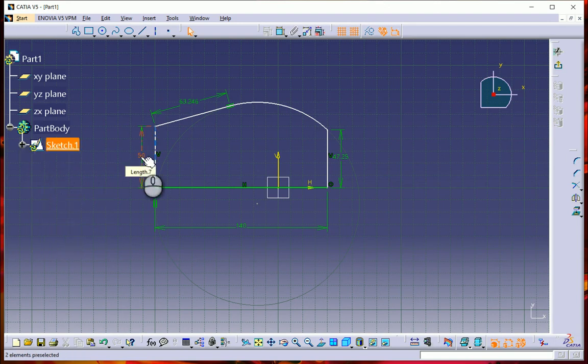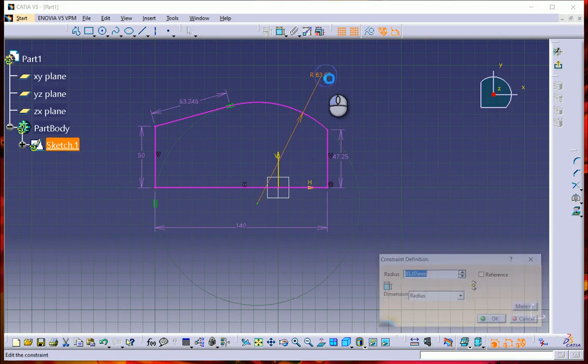So again, I have taken the constraint. If I select this and apply a constraint, I get a radius. If you see that the color has changed, that means I have over-dimensioned it. I'll remove it later on, but you can see that the radius of this particular arc is given to me as 83.7.